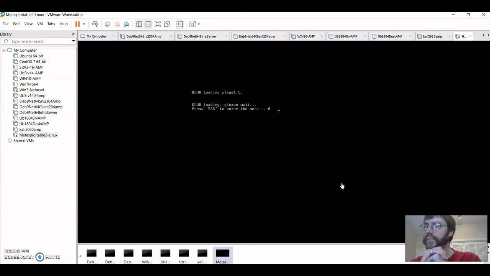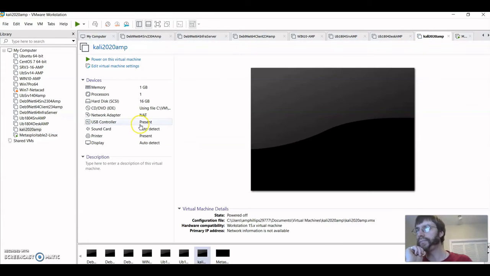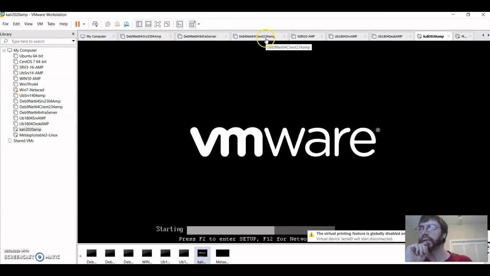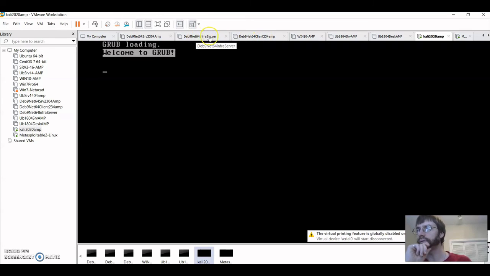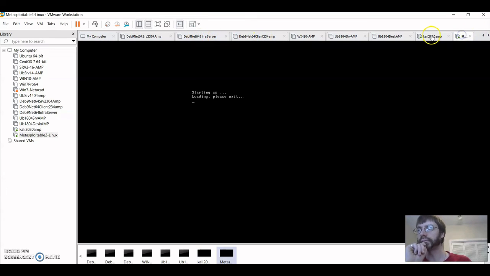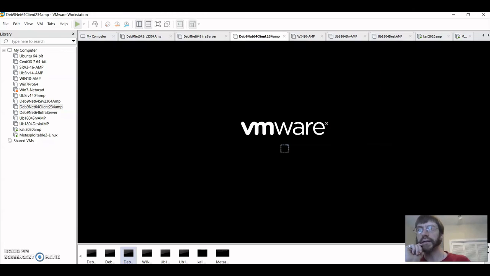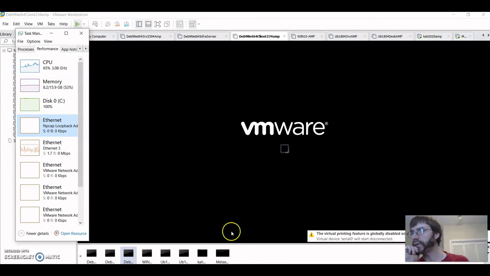So it is going to load GRUB. That is an older flavor of GRUB. And while I'm in the background, let me fire up my Kali machine. Welcome to GRUB. It's starting up. And I'm going to go ahead and fire up my Linux client as well. And of course, surprise, surprise,